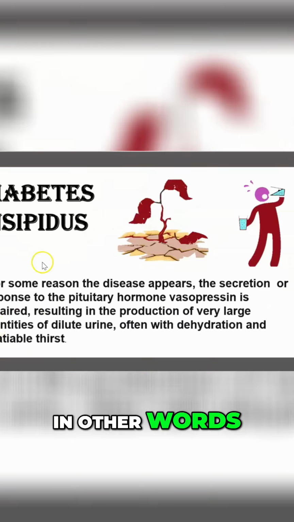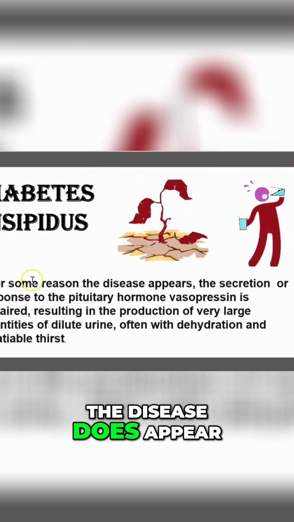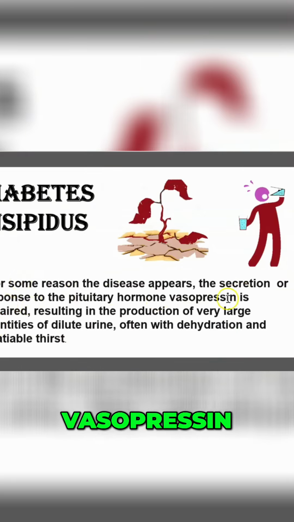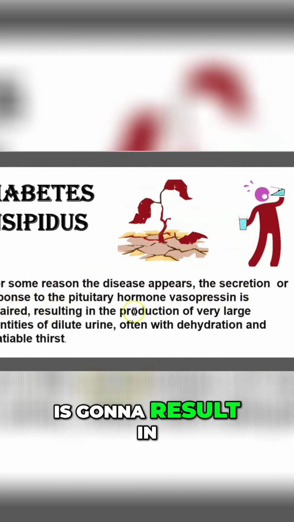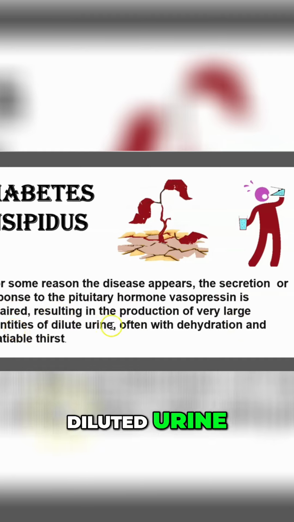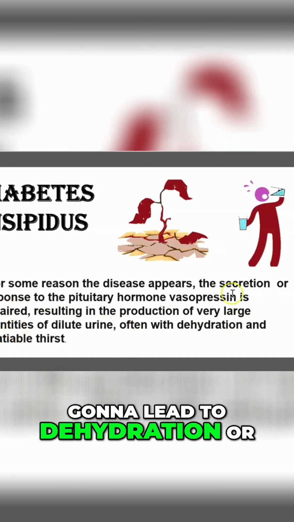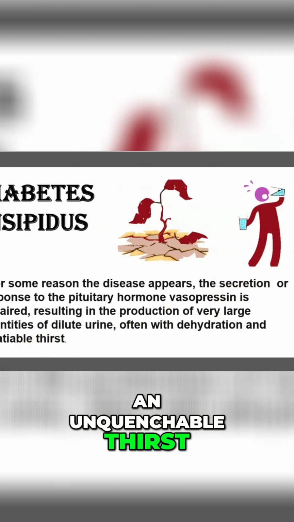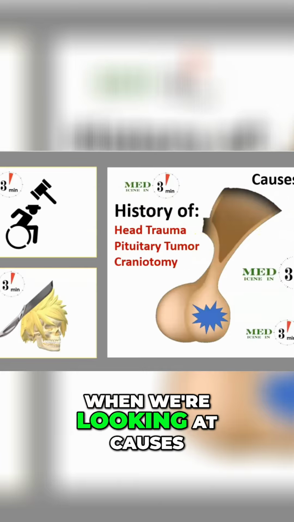So, in other words, if for some reason the disease does appear, the secretion or response to the pituitary hormone vasopressin is going to be impaired, which, like we talked about, is going to result in the production of a very large quantity of diluted urine, which often is going to lead to dehydration or an unquenchable thirst. Okay, now when we're looking at causes,